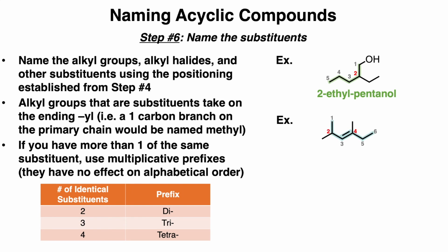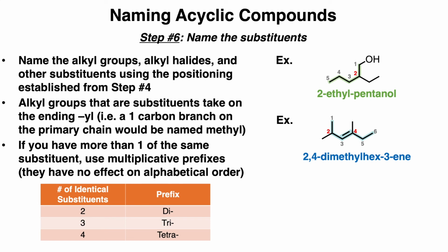In this next example, the longest carbon chain includes 6 carbons, so it will have the root of hex. The alkene is our primary functional group, and it starts at the C3 position, so the name so far would be hex-3-ene. And then we have 2 methyl substituents at the C2 and C4 positions, so its full name would be 2,4-dimethyl